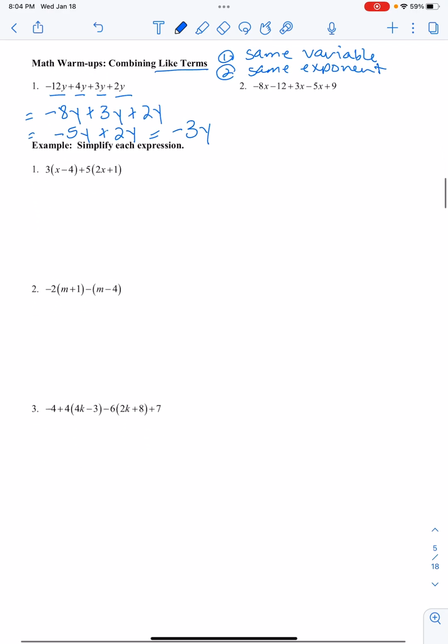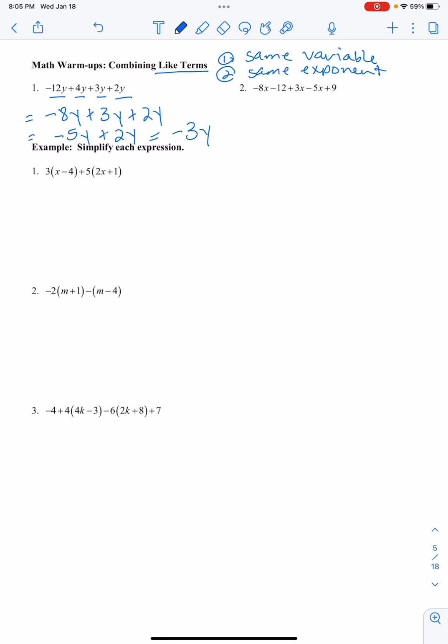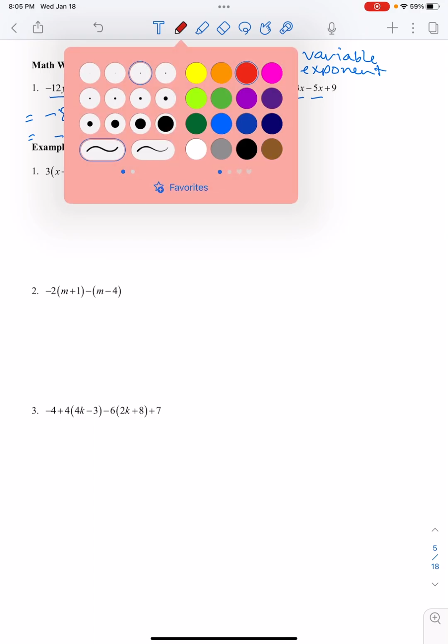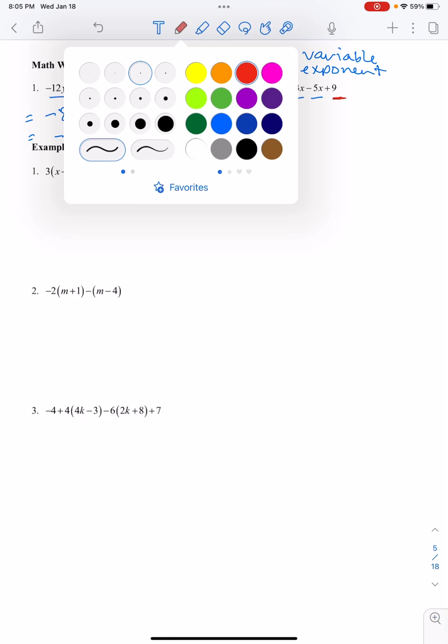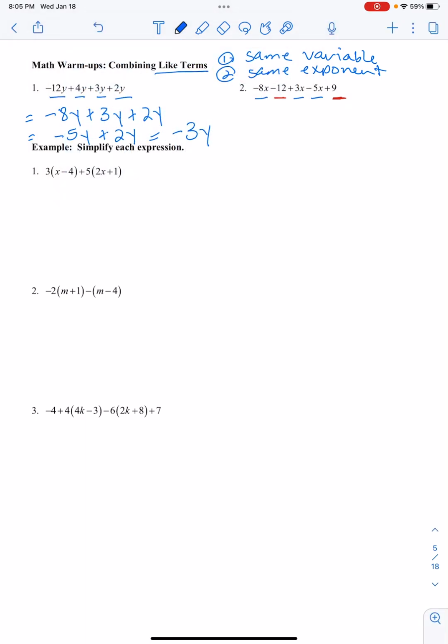For problem 2, they don't all match up. So negative 8x goes with 3x, goes with negative 5x. Negative 12 goes along with 9. So if we take negative 8x plus 3x minus 5x and rearrange them to be together, and then we write minus 12 plus 9, it's easier